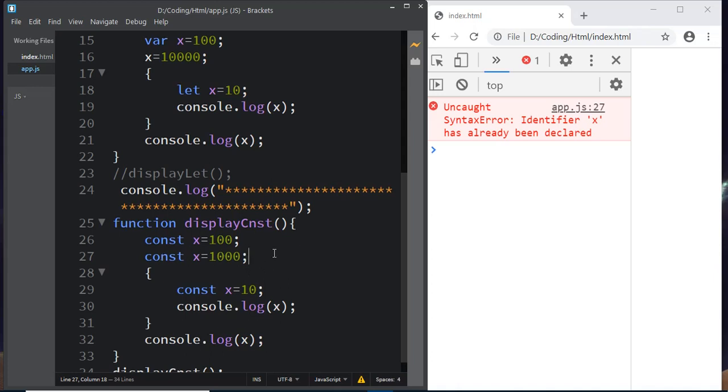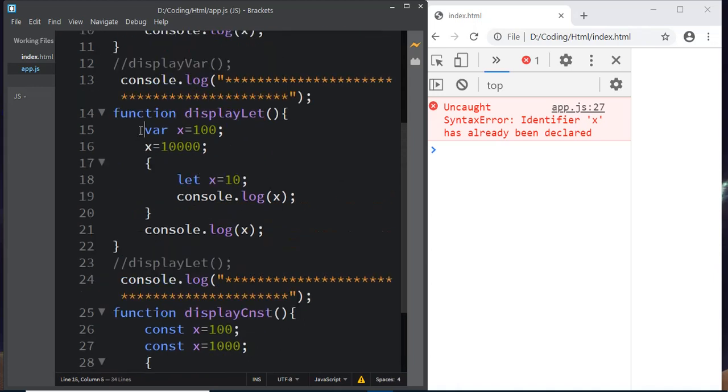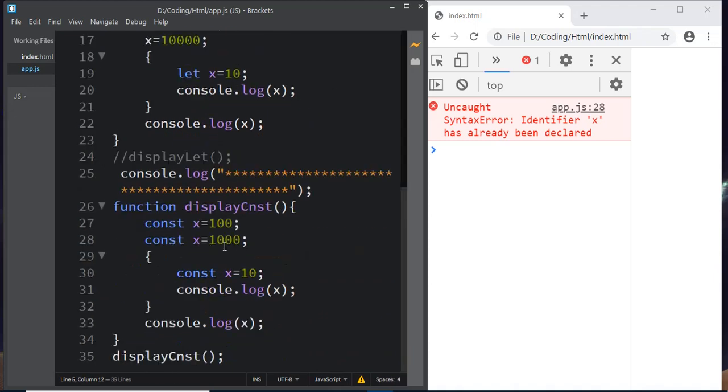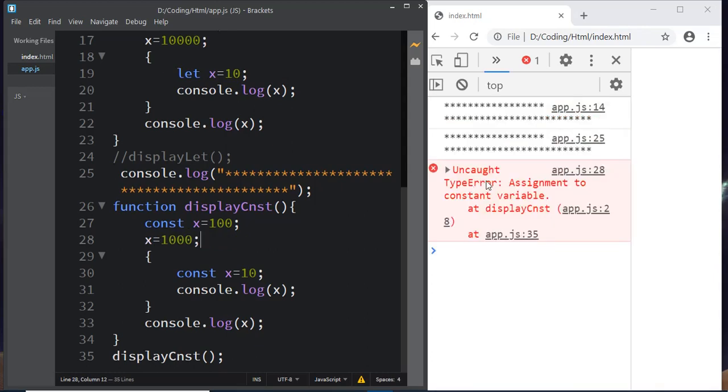And what about reassigning the value? Let allows reassigning the value and var also allows reassigning the value. In case of const, will it give any error? We'll see. Type error, assignment to const variable. It doesn't allow reassigning the value to the same variable which is declared as const. That's why it is called const. It wants that variable to be constant. You should not reassign it. Whenever you try to reassign it, it will throw an error like this. So this is one of the major differences between let and const. Otherwise these two are the same.